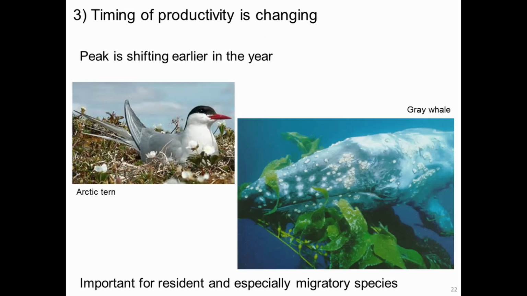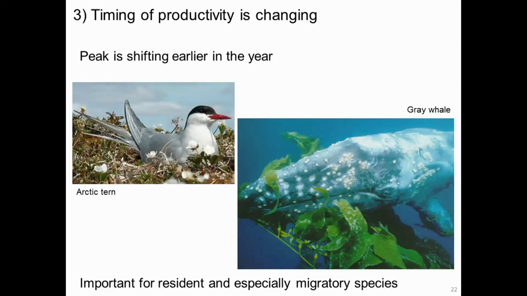The timing of the blooms are changing by as much as a month. There's lots of animals that live in the Arctic that require the Arctic to be productive at a particular time of year. They've evolved to migrate to the Arctic, to be there when the productivity is at its peak. If productivity shifts a month earlier, those organisms may be in big trouble. And so this is what worries me. It's not that the Arctic is being more productive, it's that the timing is shifting a lot.